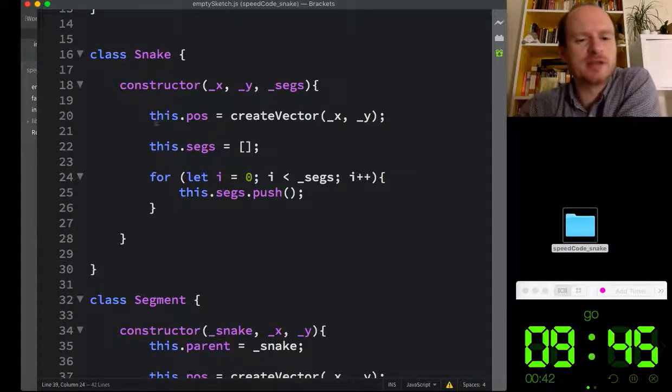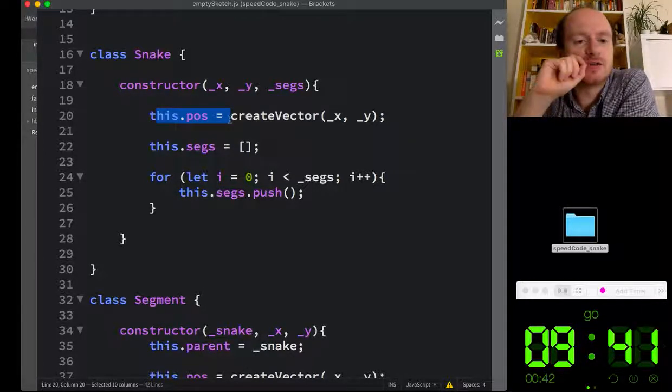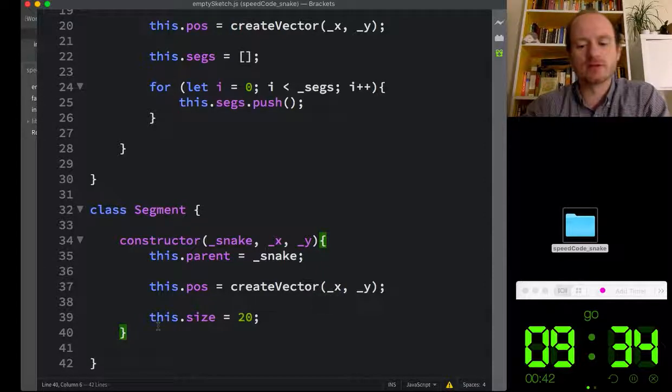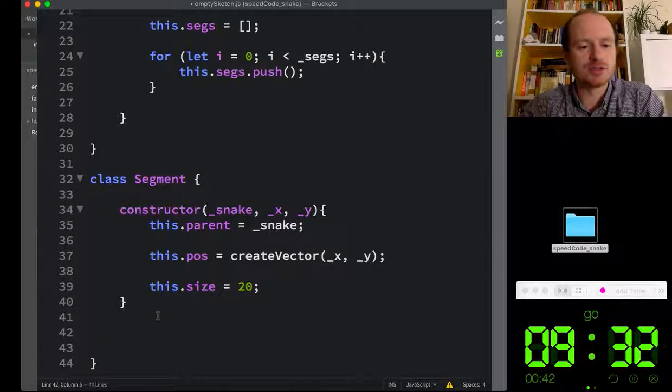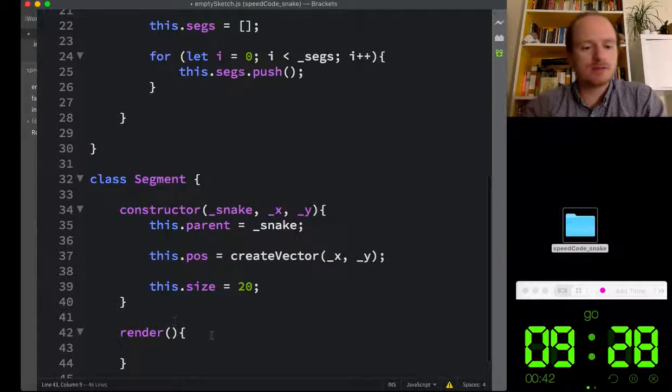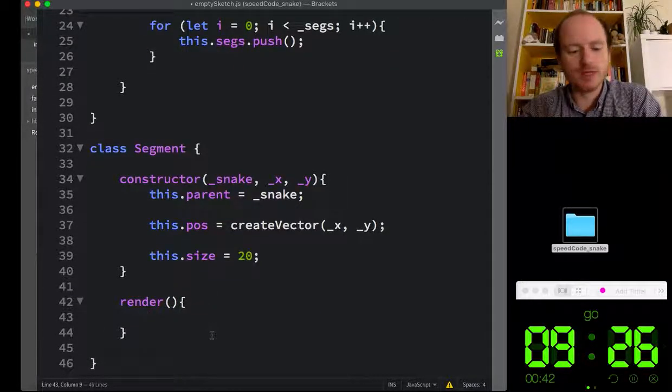Okay, so now I'm thinking that this position is not going to tell the snake where to be drawn. The drawing will happen through the segment. So let's make that function. So we call it a render